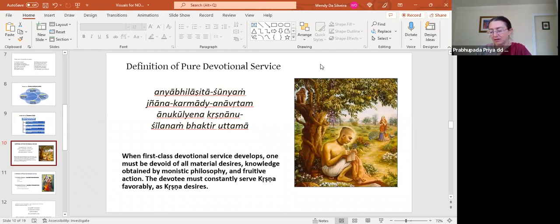one word that Srila Prabhupada elaborates on a lot in the purport is the word anushilanam, which means cultivation. He says that cultivation means that there must be activity. If you're cultivating something, it means you're doing something. Like if you're cultivating a garden, you're plowing the soil, you're picking out the stones, you're putting in some fertilizer, you're planting the seed, you're watering it, you continue to fertilize it, you pull up the weeds that grow around it, you protect it with a fence. You're doing a lot. There's a lot of practical work that needs to be done